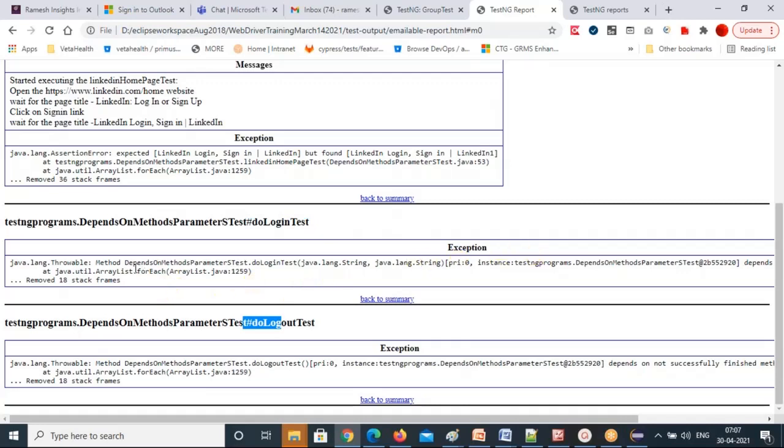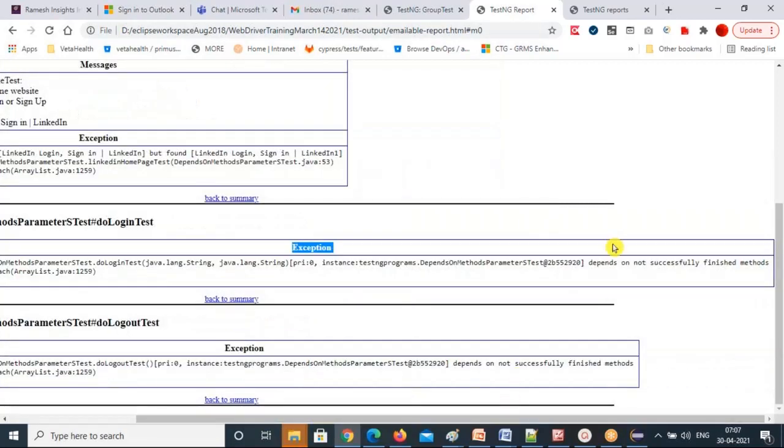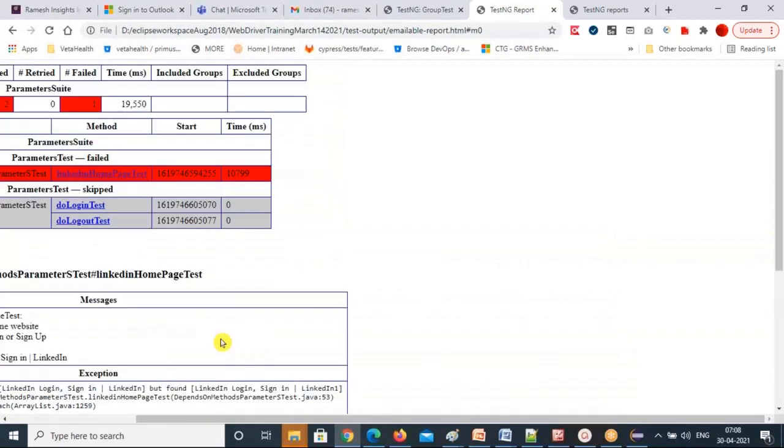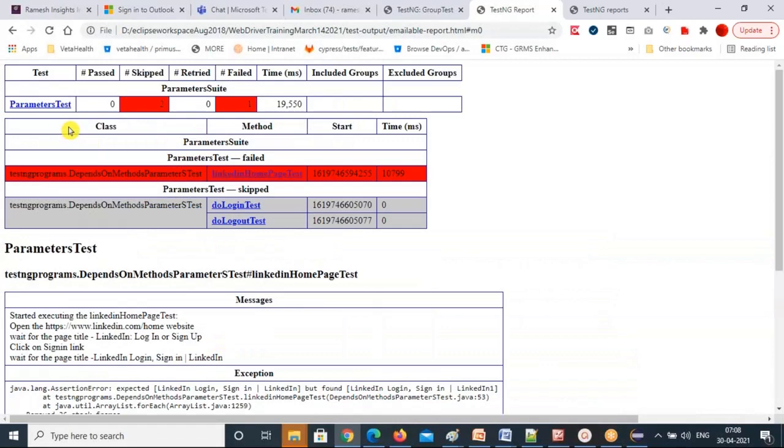Here it says the depends on method test, do login, didn't finish, depends on not successfully finished methods. That means this is the one it depends on, and this is not finished successfully. That is the reason it was skipped.